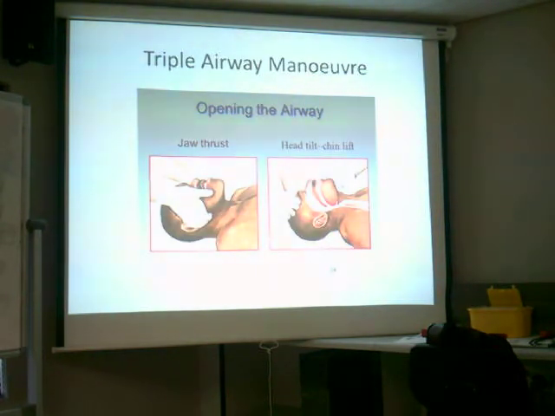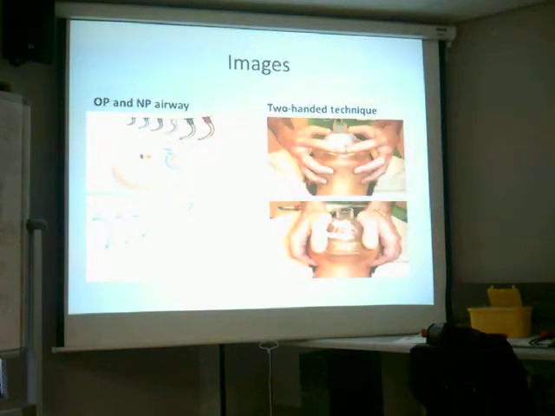Triple airway maneuver, you'll do this in the sim lab. There you can see the jaw thrust. Okay, there's the head tilt chin lift maneuver. Okay, we'll physically do that, so I'm not going to go through that now. There you can see that's the oropharyngeal or the nasopharyngeal airway. This is the oral one, so you can put that, it keeps the tongue in place, and now you have a good airway. You can basically ambu through that. If it's the nasopharyngeal one, it just goes through the nose.